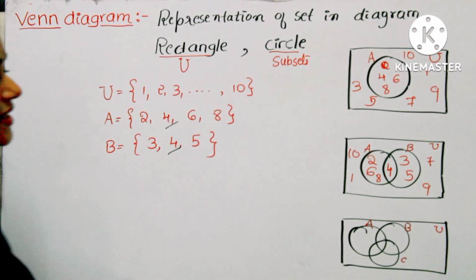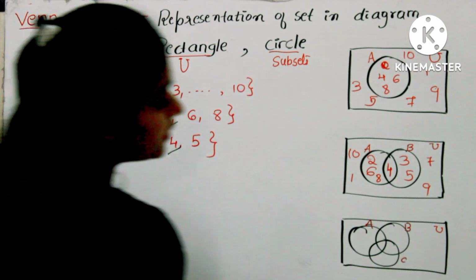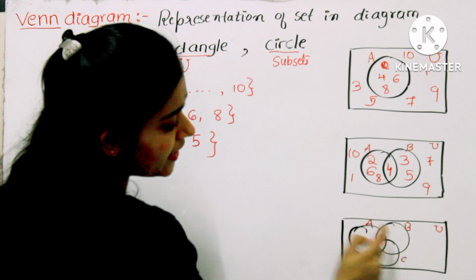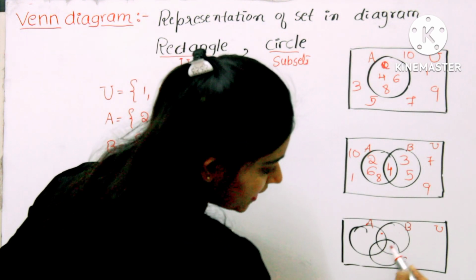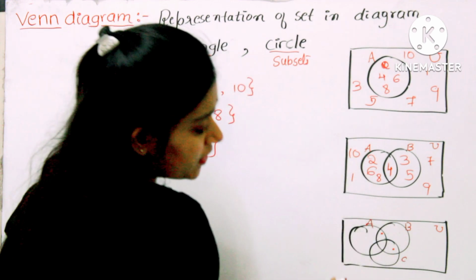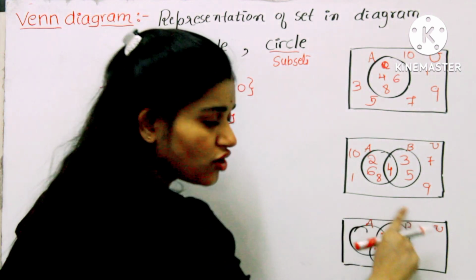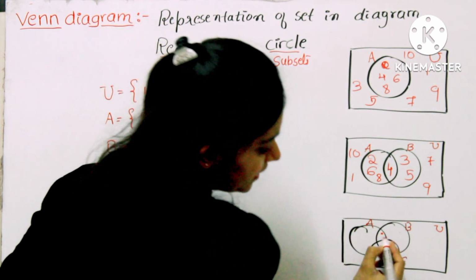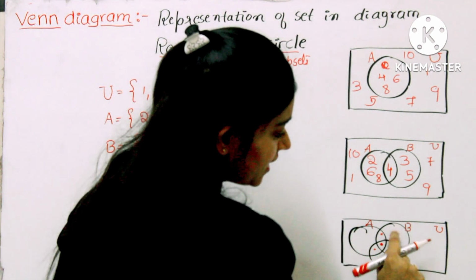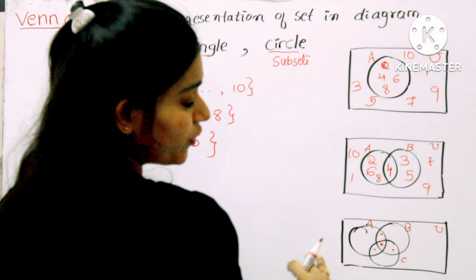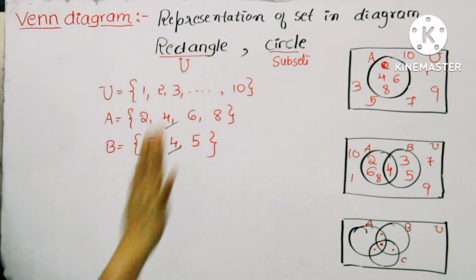Similarly for C also. This is the Venn diagram. If there is something common in A and B, then you have to write it here. If there is something common between B and C, you have to write it here. If there is something common between A and C, then you have to write it here. If there is something common in all of A, B, C, then you should write it in the middle. Then what is remaining, you have to write in A, B, C. After that, removing A, B, C, whatever remains you have to write in the universal set. This is the Venn diagram.